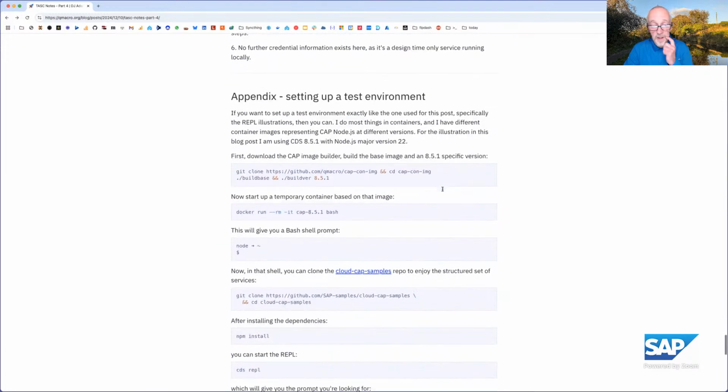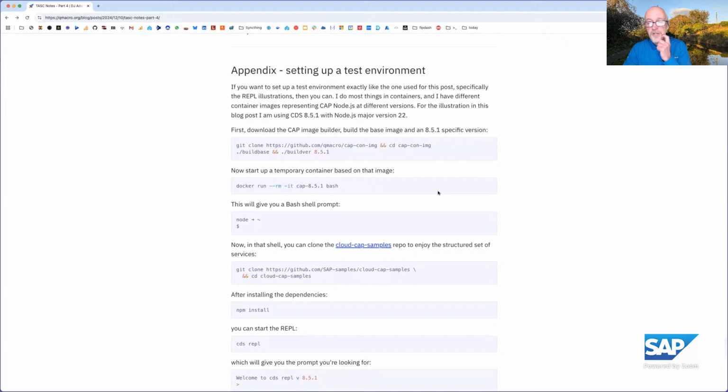Oh, by the way, as well, in order to recreate what Daniel did in part four, I want to work with the versions of CAP that you all have externally. So the latest is 8.5.1. And I love containers, so everything I do is in containers. So if you want to do this and want to have it in a container, I've got a CAP 8.5.1 environment.